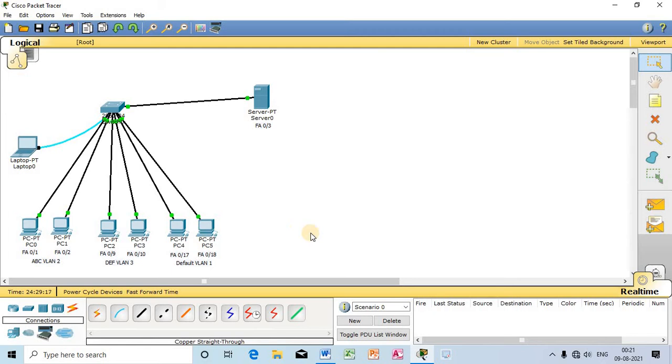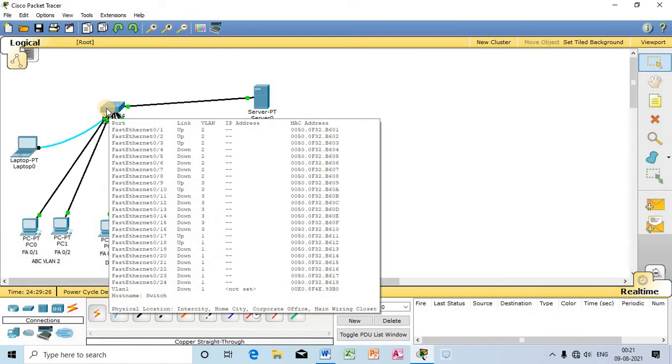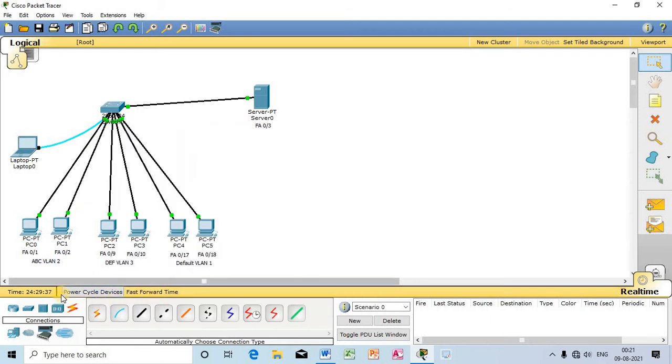So we can see why, because we know that in this switch there are 24 ports, and in those 24 ports, fast Ethernet 01 to fast Ethernet 08, those 8 ports have been assigned to VLAN 2 ABC, where these two computers are connected between fast Ethernet 01 and fast Ethernet 02.